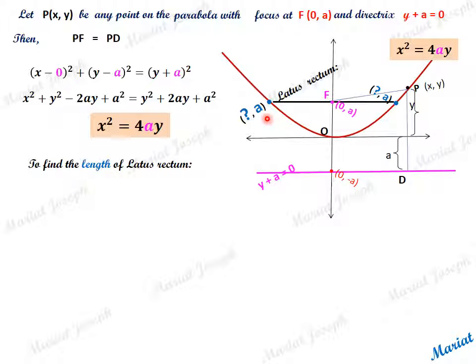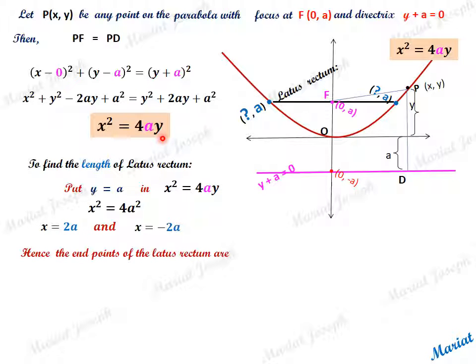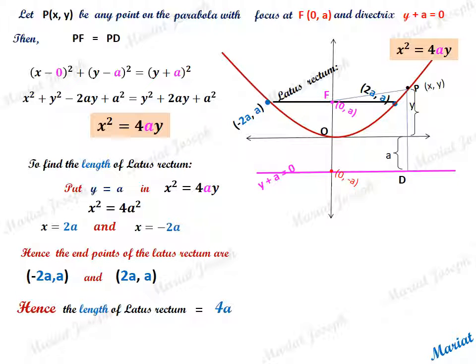To find the length of latus rectum, this time the y coordinate is used as a and we calculate the x coordinate. Put y is equal to a. We get x is equal to 2a or minus 2a. So the points of intersection of the latus rectum with the parabola are (-2a, a) and (2a, a). So the total length will be 4a. So the length of latus rectum is